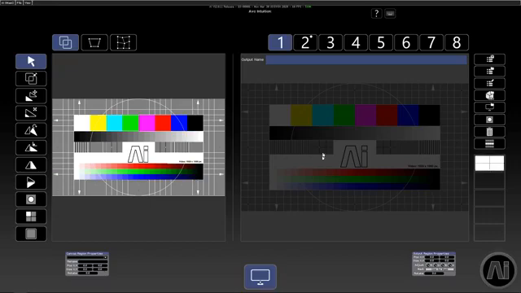Anyway, let's go a bit further. So the nice thing with this template, this button here,